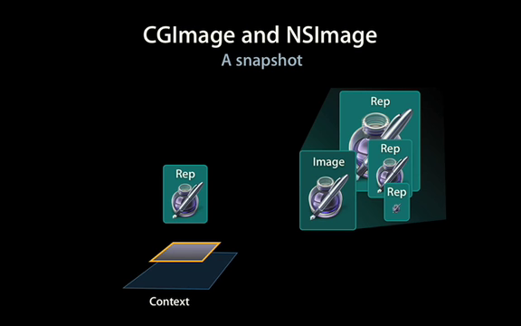That the CG image is just a flat bitmap. It's not going to be able to represent those. For example, in this case of these sizes, this Pages icon that's available in multiple sizes, it's not going to be able to represent all three at the same time. Another example is that an NSImage can be backed by a PDF, or a window, the way we were showing before. And the CG image is not going to be able to preserve all of that information. So what it can do instead is